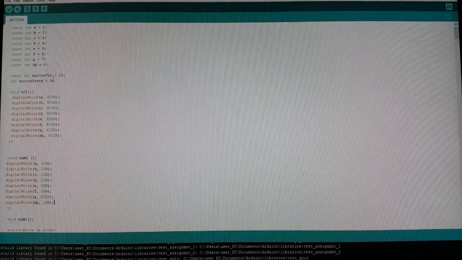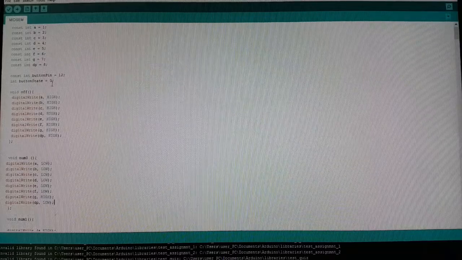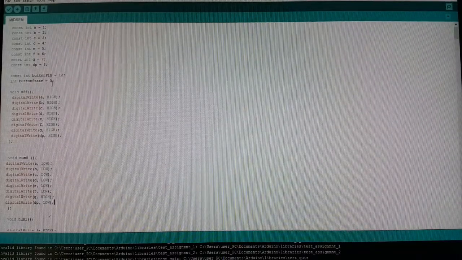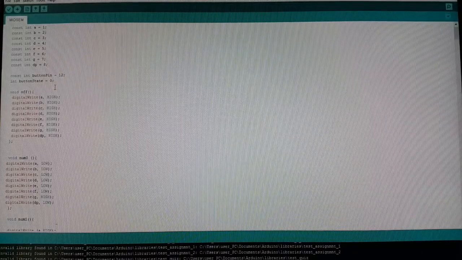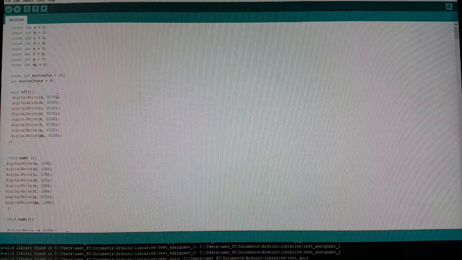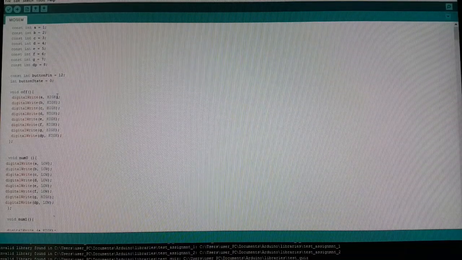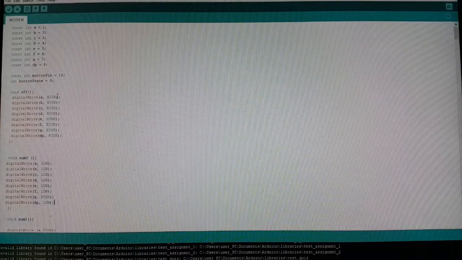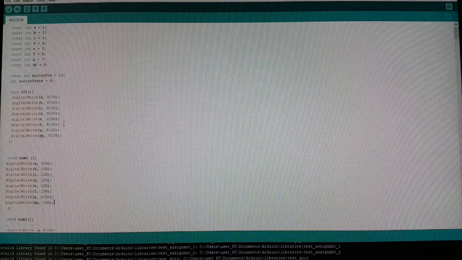The button pin will be set at pin number 12, where the button state will be equal to 0. Button state equal to 0 is to indicate that the button state is in low state when the program starts to run. To simplify the coding, I use void as we mentioned in class. This is the best way to cut hundreds of lines for every number that will be displayed. You will see